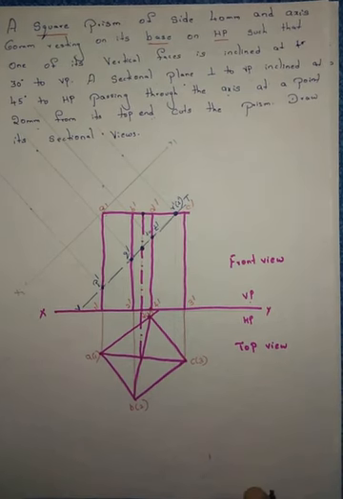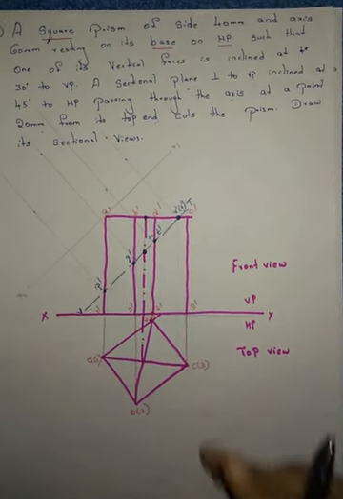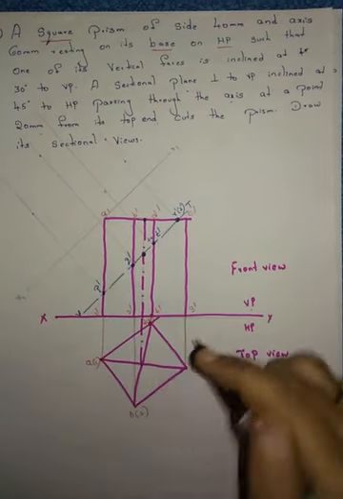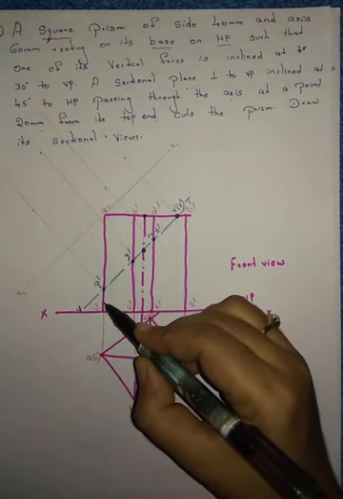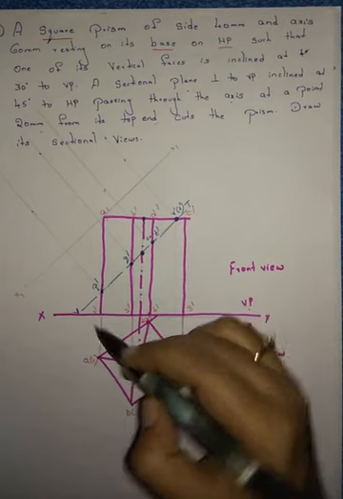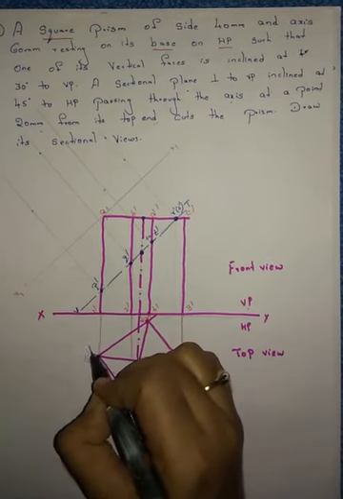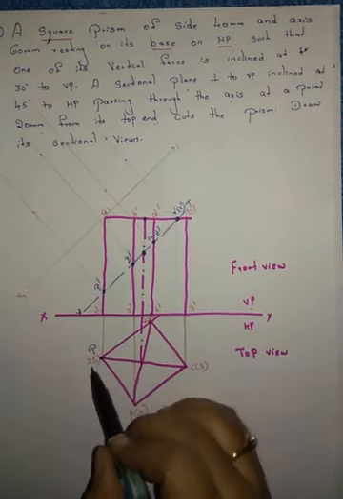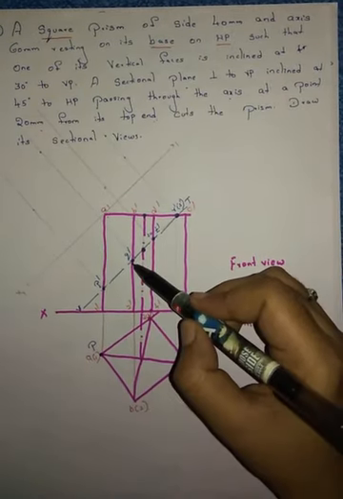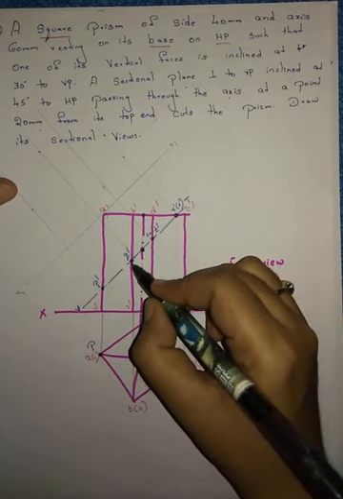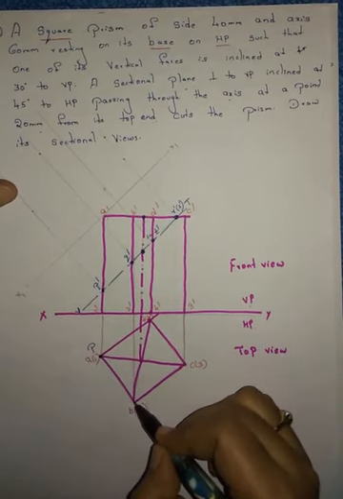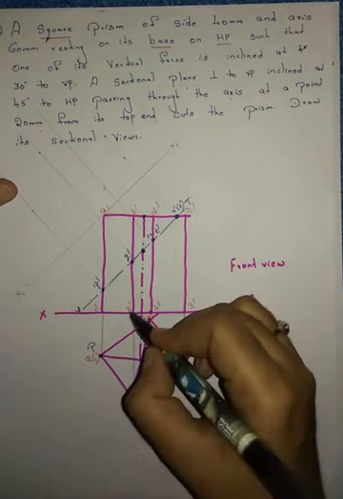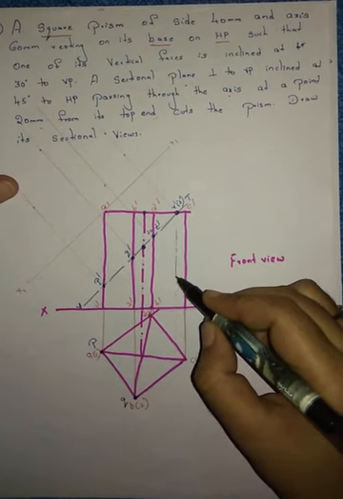After marking the points, you have to project them. From P, draw a straight line. If you draw the straight line, you will get the point P here only. A1, P. Then next Q. From Q, draw a straight line till here. B2. B2 is here Q. From R and S, draw a straight line.